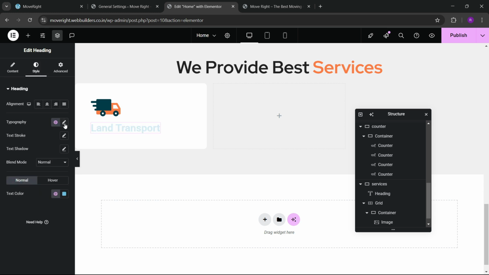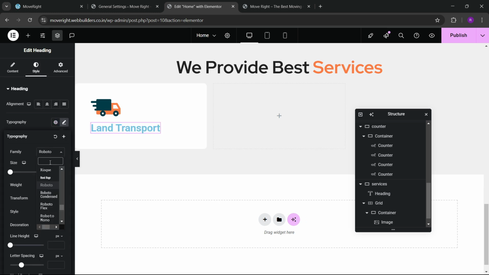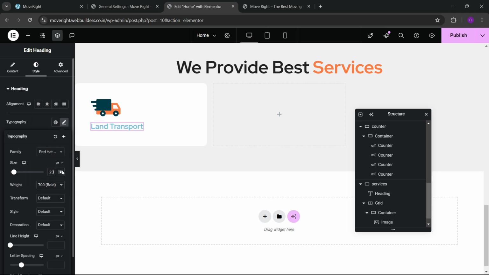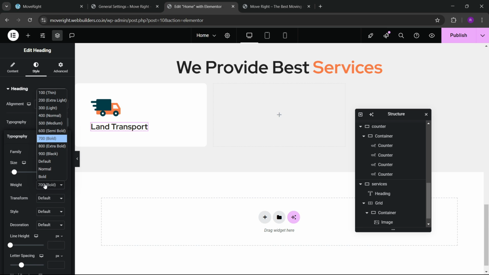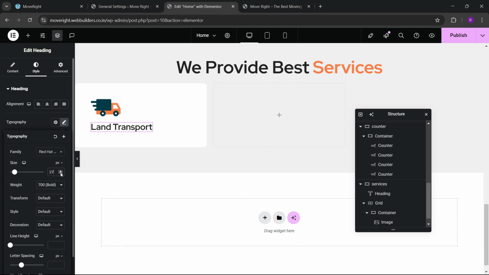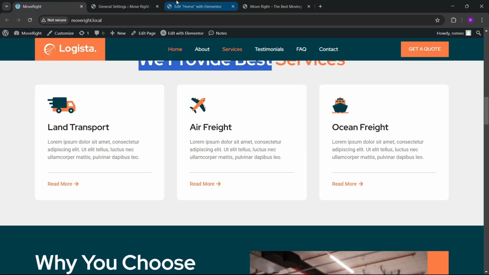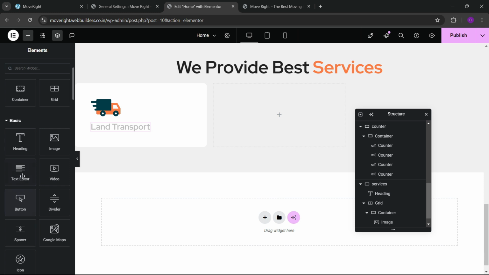Land transport, we can go here and here we can write Red Hat, and here we can make this 700. Also here we can make this black. Also this is looking good, and you can also make this 800 extra bold if you want, but 700 is good. Let's increase some font size to 26 something, and let's go to this, and here we can drag and drop